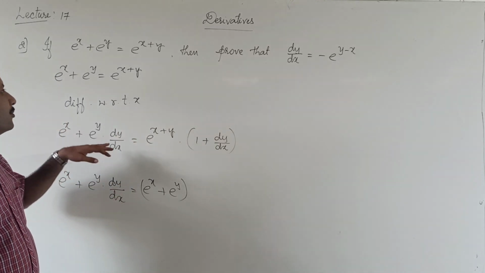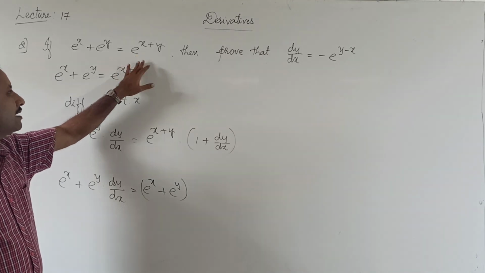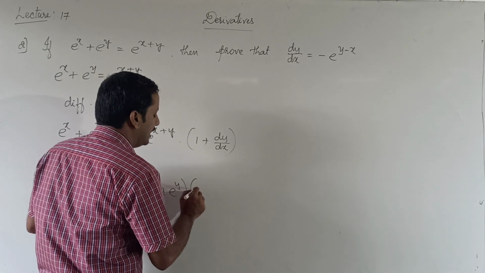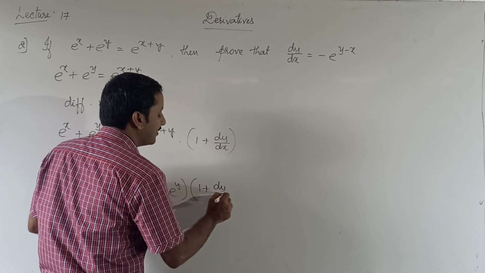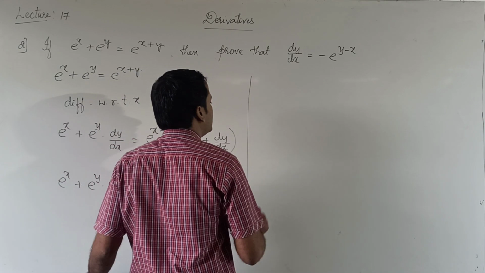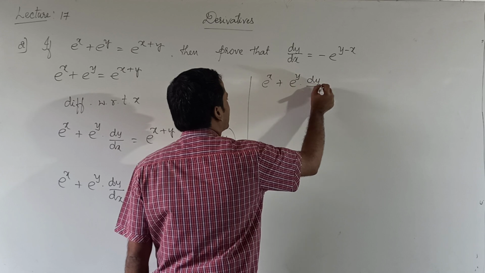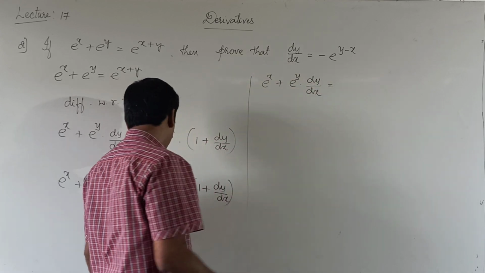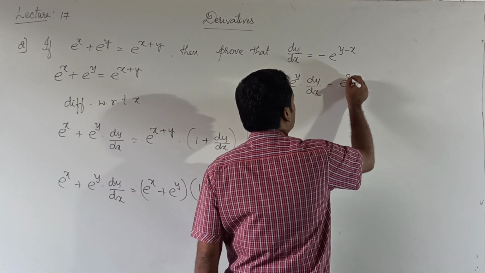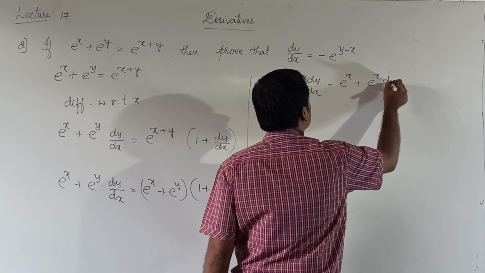Only in this particular problem, they have already given that e^x + e^y is equal to e^(x+y). So I am replacing e^(x+y) with e^x + e^y, into (1 + dy/dx). Okay. So now let us simplify this. e^x + e^y into dy/dx. On the RHS, I will expand it, I will just multiply. We get e^x + e^x into dy/dx